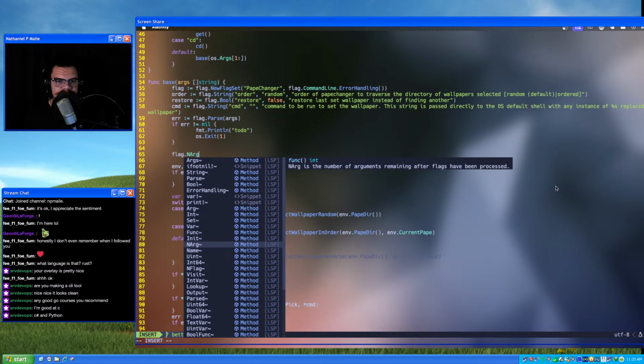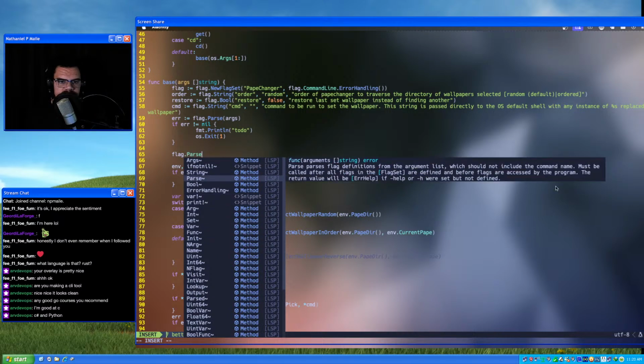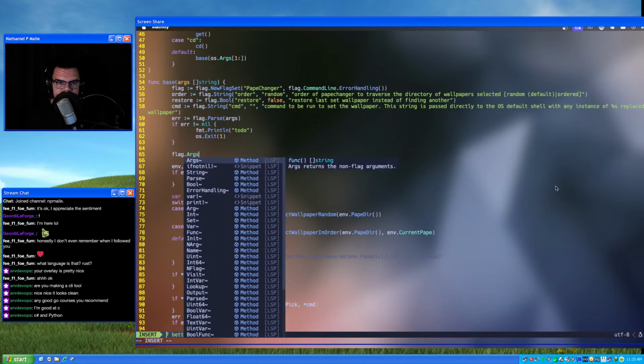In arg. What is args? Turns to non-flag args.